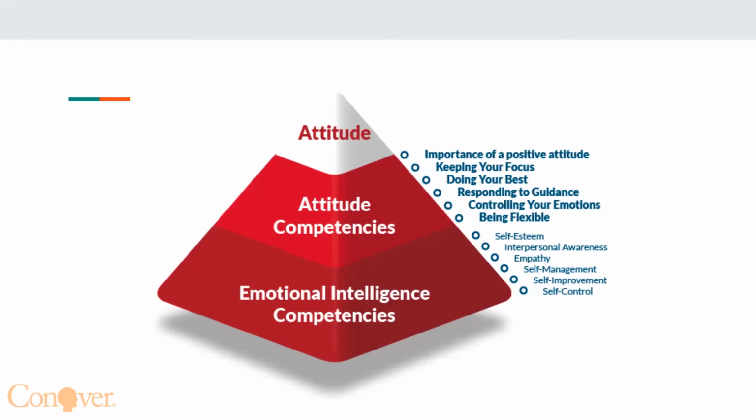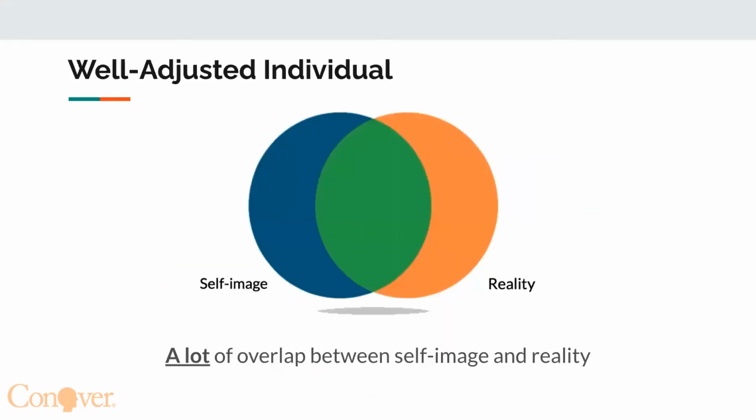Okay. Because there is some gray, and it's a sliding scale, but there are 2 types of individuals. These are the spectrum. This is the way right, way left, right? The first is a well-adjusted individual. This is someone who has a lot of overlap between self-image and reality,